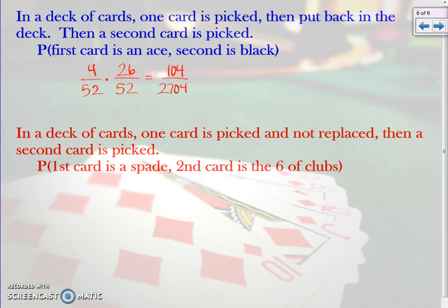Anyone? Thank you. All right, this one. We're going to pick a card and we're not going to replace it, then we're going to pick a second card. So what's the probability that the first card is a spade? How many spades are there? 13 out of 52. We're not going to replace it, so I already know this is 51 because we're holding that card in our hands. The second card is a 6 of clubs. How many 6 of clubs are there? 1. So we got 13 out of